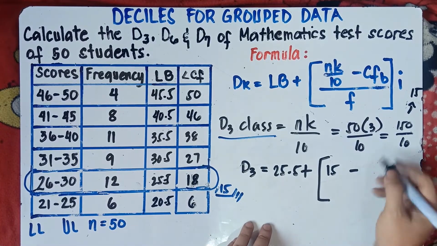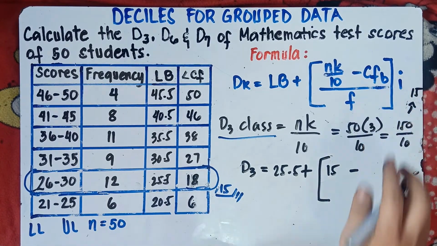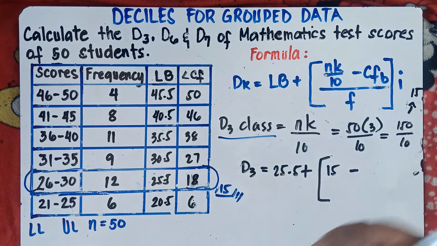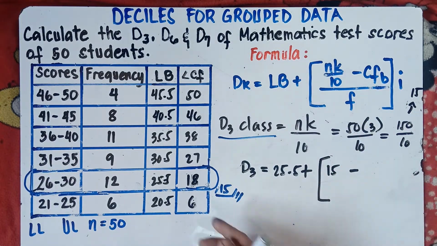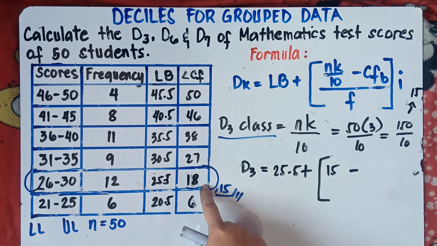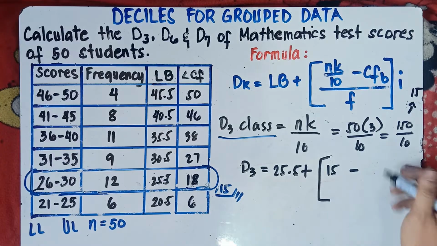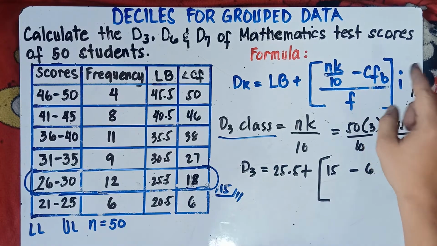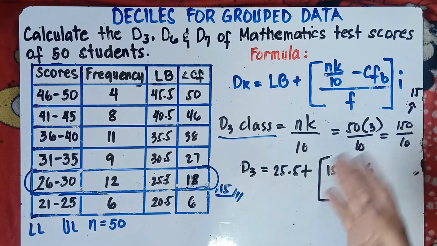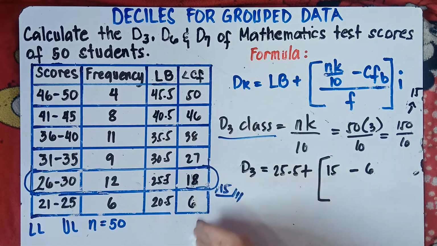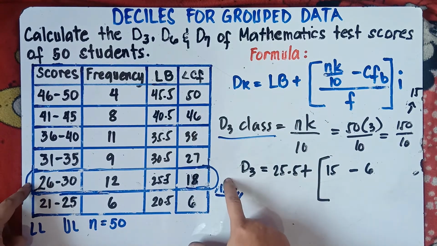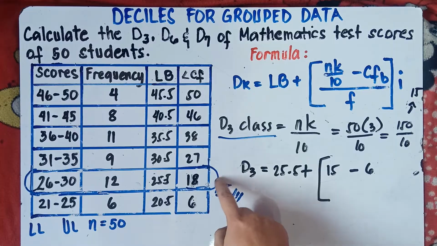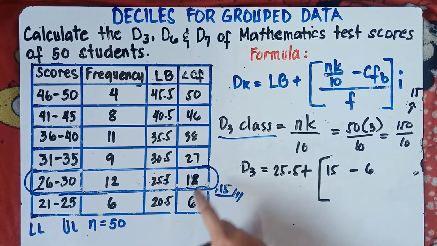Alright, then minus CFB. Once again, the CFB, be careful with this one, class. CFB means cumulative frequency before. So it should be the previous class. So this is 18 in our class. Therefore, previous class, the answer is 6. So that will be 15 minus 6. Once again, class, always be careful with this one. CFB, that would be cumulative frequency before. It should be the previous class. So these are the cumulative frequency, and this will be our class. Now, it says before, therefore, we need to subtract 6. It's not 18, class. It should be 6. Previous class, that is 6.